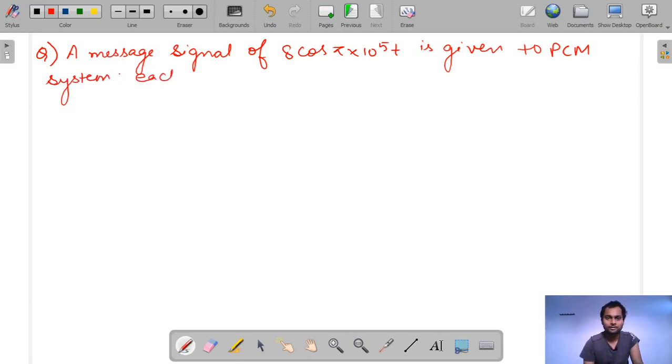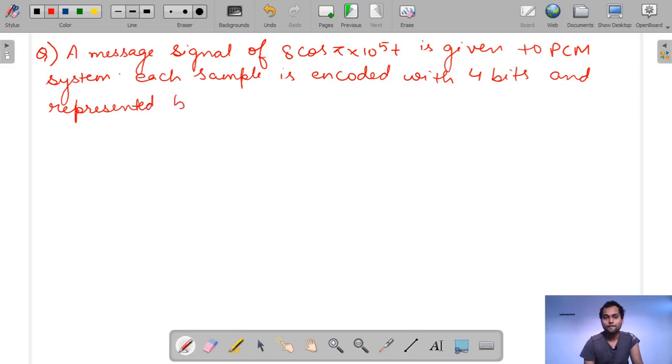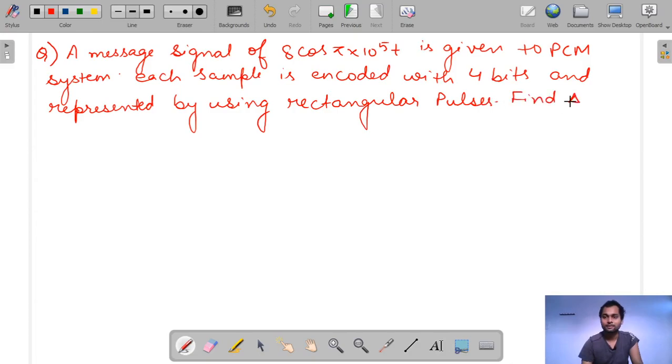Now each sample is encoded with 4 bits and represented by using rectangular pulse. Now we have to find delta,